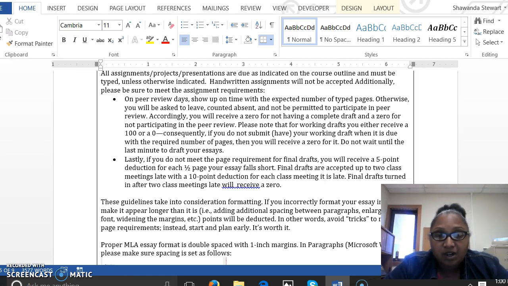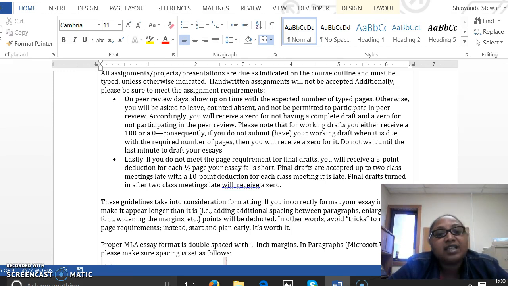So even when we are drafting for peer review, you want to type those drafts. Handwritten assignments will not be accepted. Additionally, please be sure to meet the assignment requirements. So, if the assignment calls for a 3-page response, that's what I'm expecting. If and when you're doing your assignments, the expectation is that you're always submitting your best work. So it's not only about quantity, but it's also about quality.